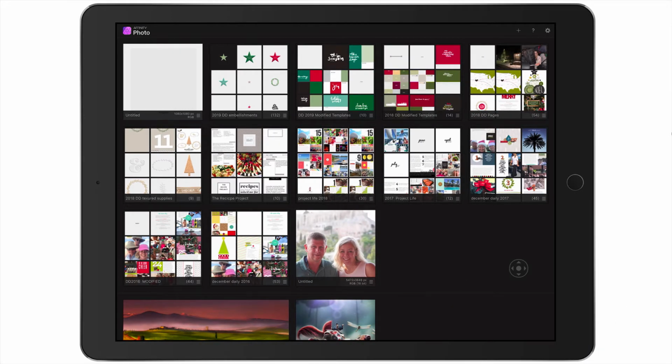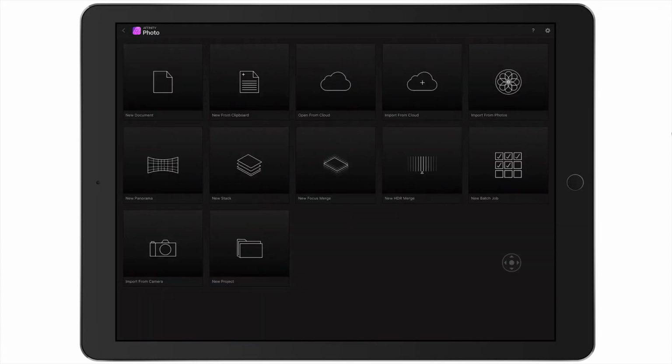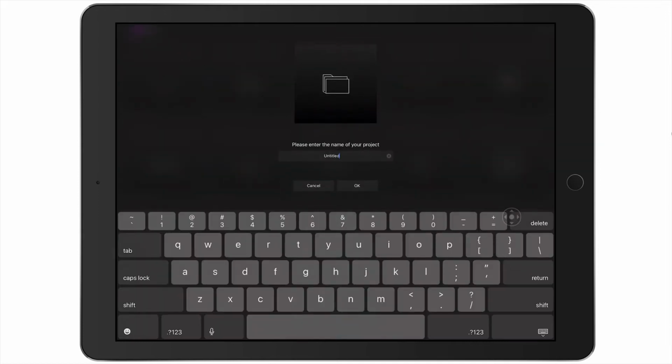I have Affinity Photo open, and you can see I have a bunch of project folders here on the home screen. The first thing I do is I create a new project folder by coming up here to the top, and I will tap that little plus sign. On the next screen, on the bottom row, I'm going to select New Project. Here I will just give my project a name, and I'm just going to type in December Daily, or DD for short,